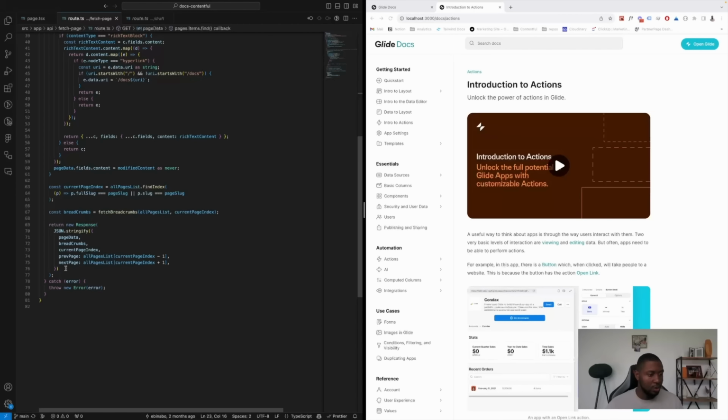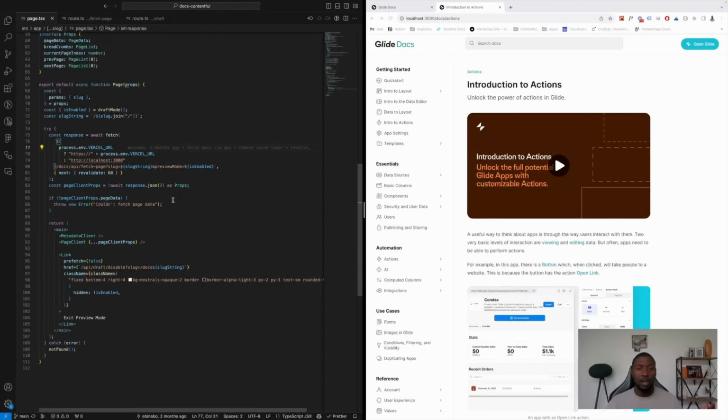So these are the fields that we want that generate the page, and then we throw an error just in case one occurs. And then we come back to that page, and then we do another try catch. So if the request is successful, it's going to pass all the data to this page. And if it's not successful, it's going to call a not found function, and this function renders a 404 page.